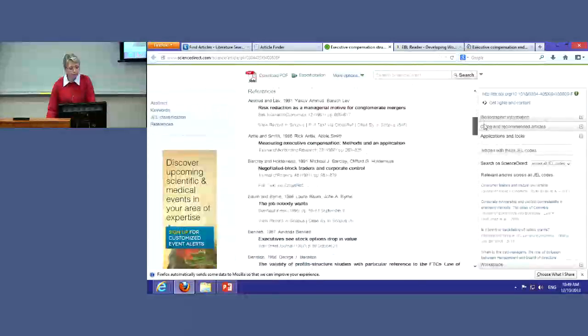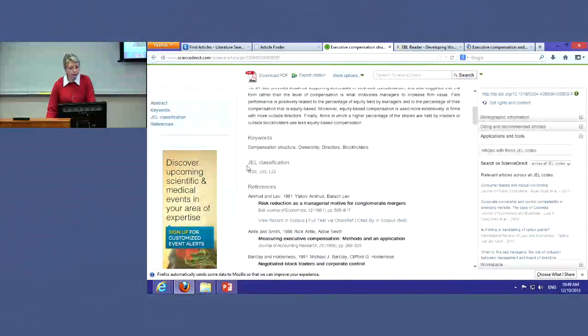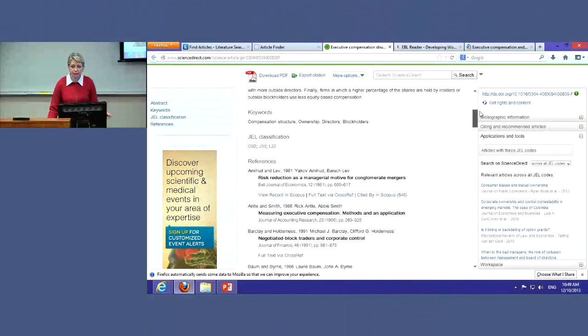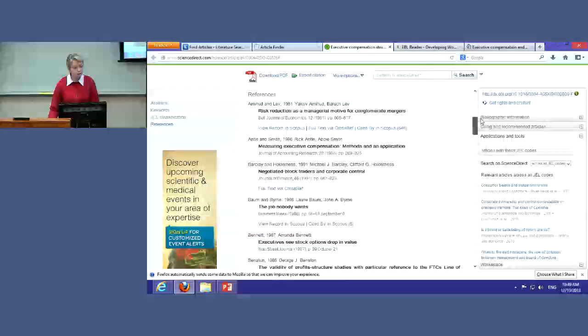JEL classification is something used in economics journals, Journal of Economic Literature classification, and it allows you to narrow down your search to a specific area of economics. So instead of searching across a broad array of different subject areas, you can focus only on a specific small area. Nice feature in this particular database is a very good treatment of references that this author mentioned in his